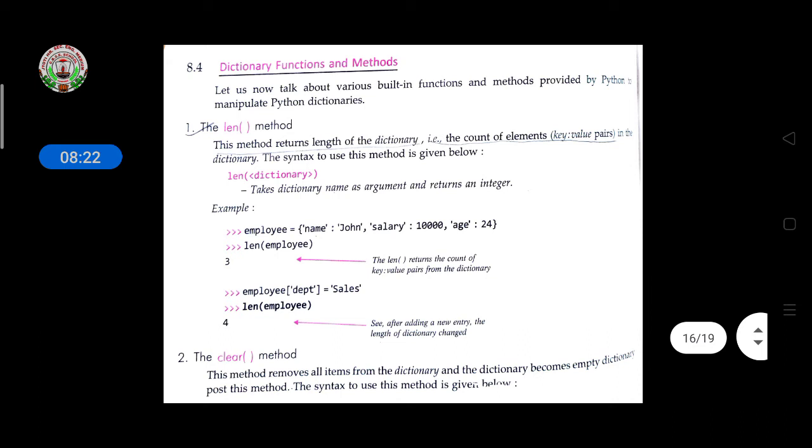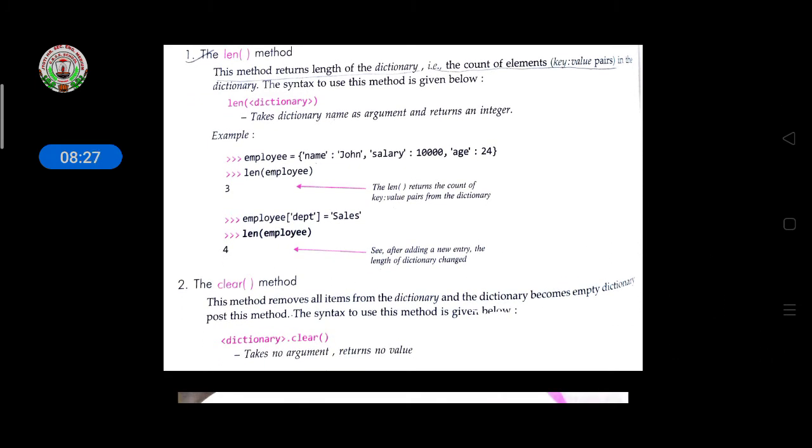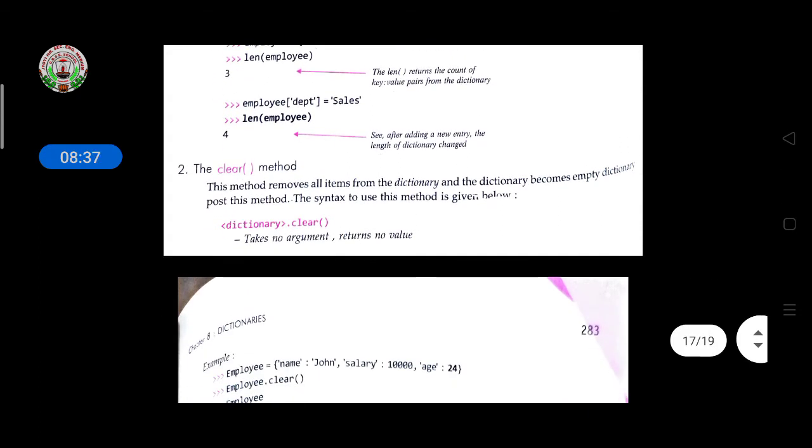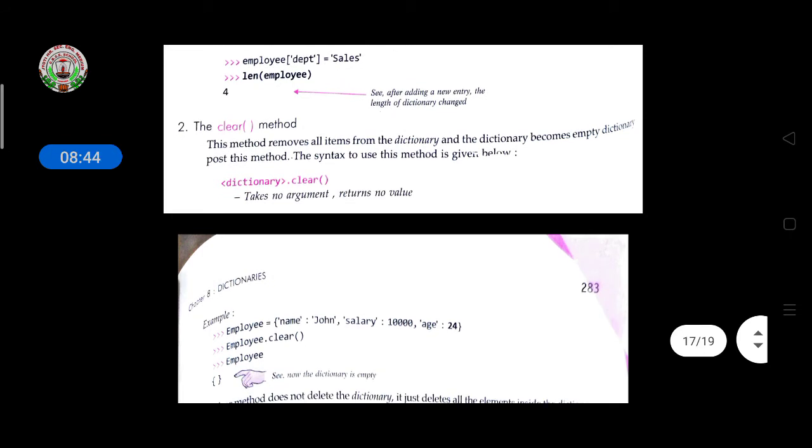The syntax is len and the dictionary name. If you want len to return the length of the dictionary, you call len with the dictionary name, and it will return the output. Then the clear method. This method removes all the items from the dictionary, and the dictionary becomes an empty dictionary after this method. So if you have any dictionary and want to clear it, after writing the dictionary name you call the clear function.